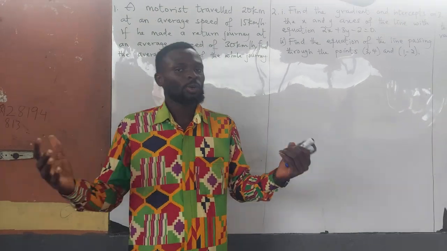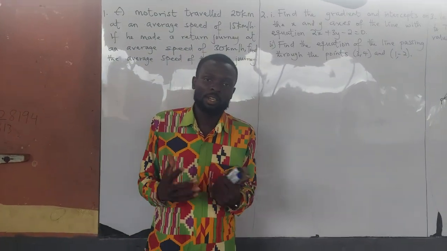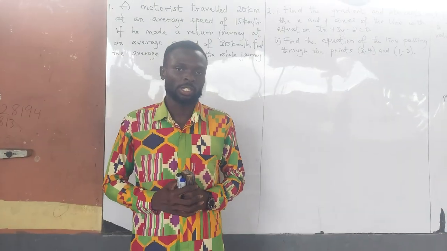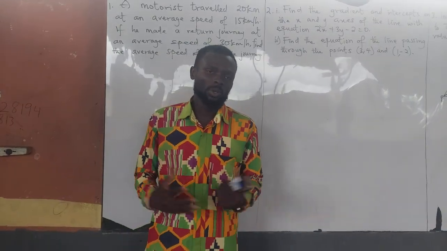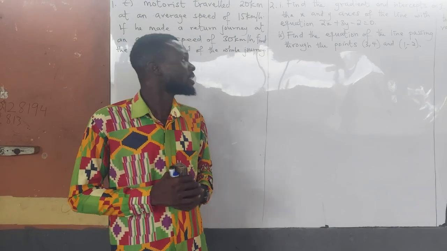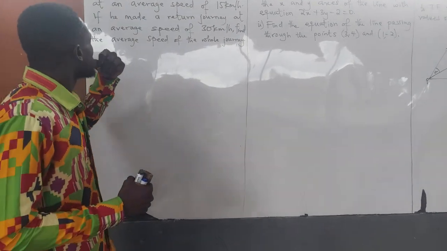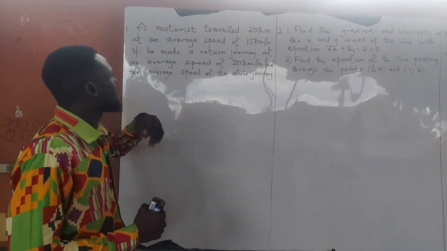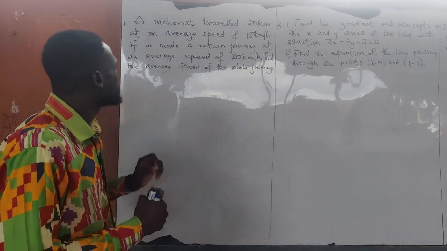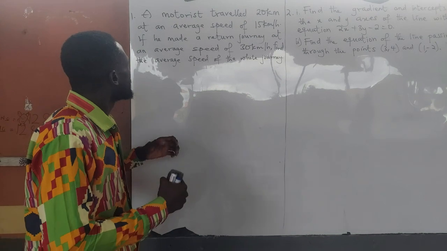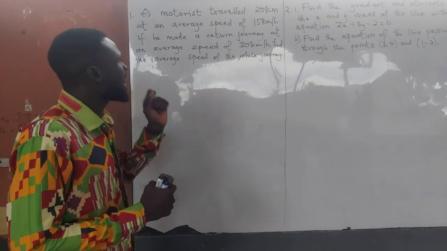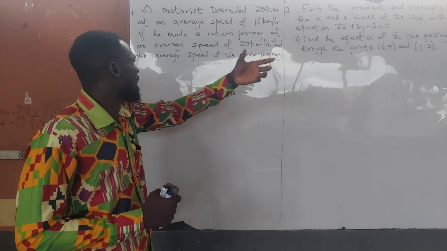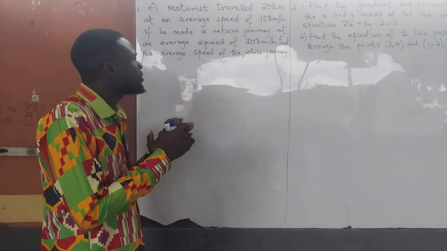Today too, we would like to look at some likely BECE questions and see the possible solutions to them. So let's read the first one and see how it goes. It says, a motorist traveled 20 kilometers at an average speed of 15 kilometers per hour. If he made a return journey at an average speed of 30 kilometers per hour, find the average speed of